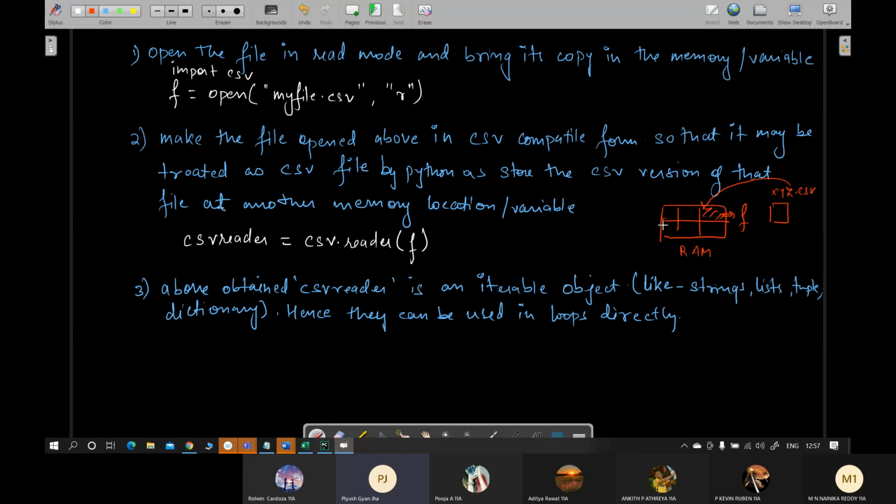Now once you apply csv.reader to that file, it will give you the CSV version of that file, which will be stored in another memory location of your computer. Let's say here.